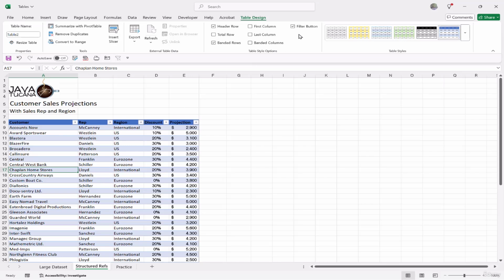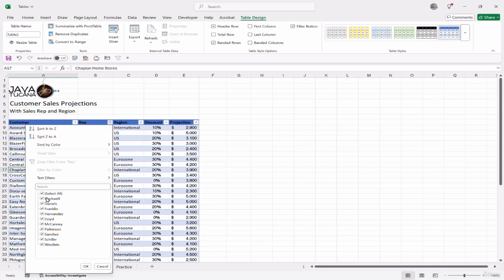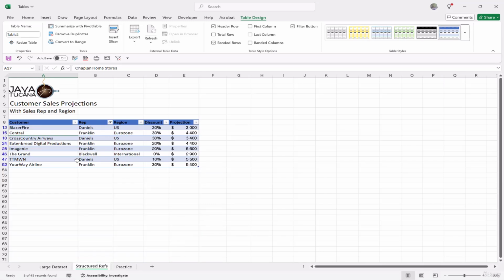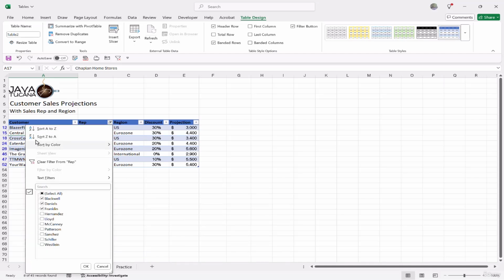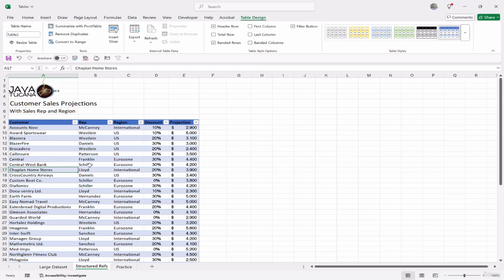Now automatically, my filter now appears. If you don't want the filter button, you can always turn that off, but I like that. For right now, just notice I can go over here to my reps, and then I can uncheck any of these, and boom, boom, boom. Now you can see I'm only seeing those. That's really nice and built right into the filter button. Of course, you also have your sorting options. Let's go ahead and clear that out,